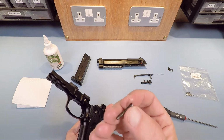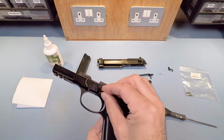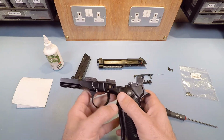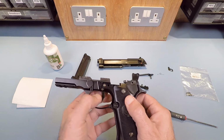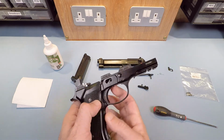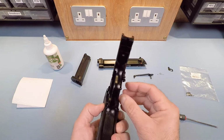Now this obviously has a cap on it. The cap side is the bit where the spring was housed on the slide lock. So the slide lock side is the side that has the pin for the trigger, which has the cap on it. So you need to remove it from the other side. Now this one, when I've taken it out before, you can see it literally just slides straight out,